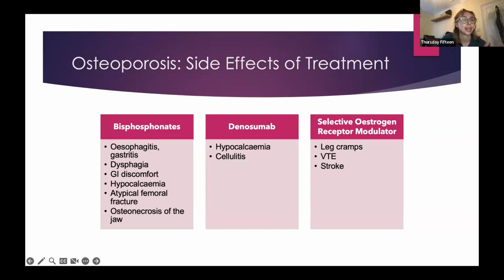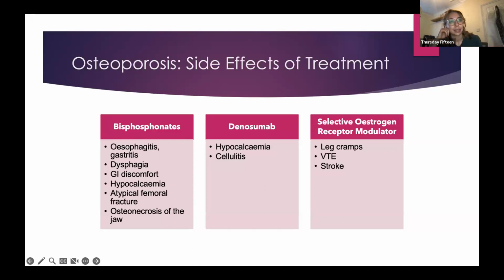So osteoporosis is essentially an imbalance of bone breakdown and bone formation. So as we age, our osteoclast activity kind of exceeds the osteoblast activity. So we're losing bone more than we're making bone. If you have an estrogen deficiency when you're postmenopausal, that will increase your rate of bone loss. And if you're on steroids when you get older, that will increase your turnover of bone.